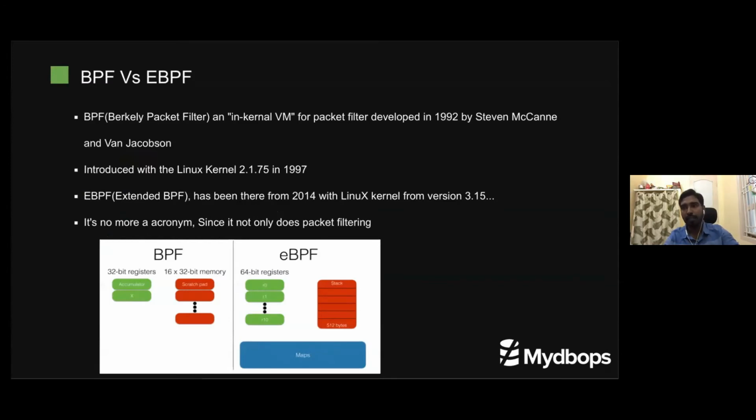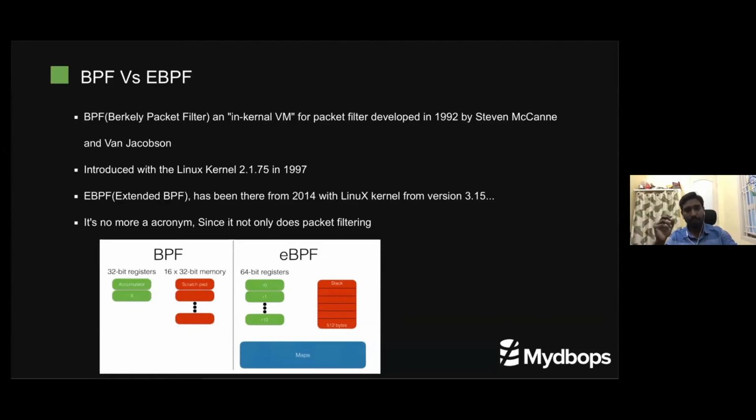First, what is the difference between BPF and eBPF? I'll start from there, and before that, I'll say some history about BPF. BPF is basically the Berkeley Packet Filter. It is used to filter incoming packets based on the context. This was the first use case for which it was developed, in 1992 by Steve McCanne and Van Jacobson. Initially it was integrated into a BSD flavor of Unix.